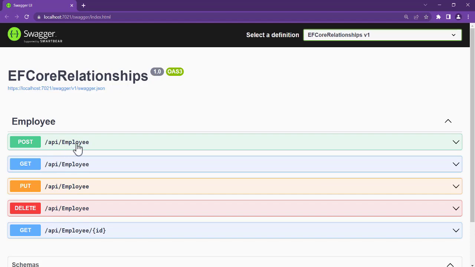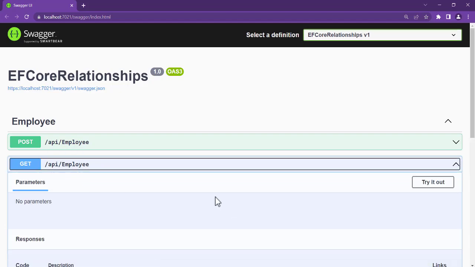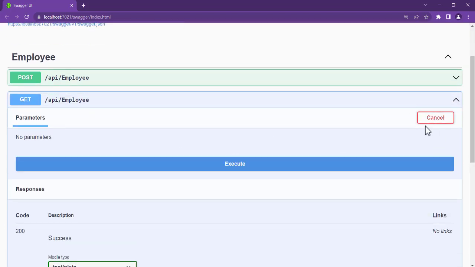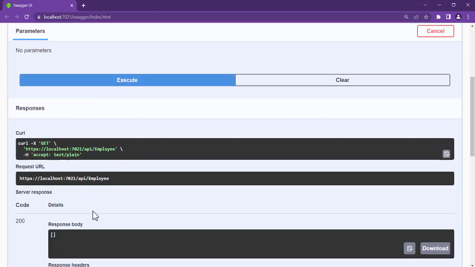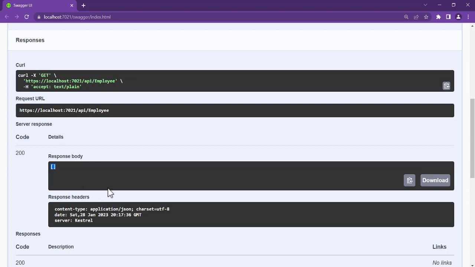So first of all, we have nothing here. Let's try to get all employees. So try this out, execute, and I can see here, let's wait for the output. This is an array, nothing here. So let's first